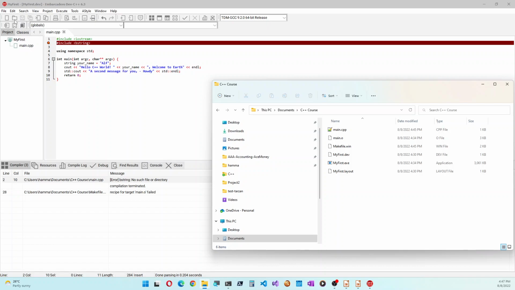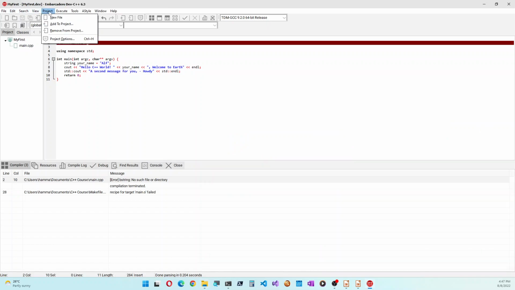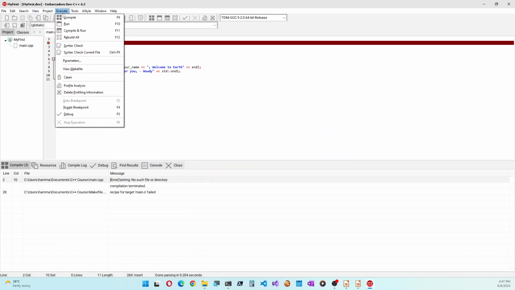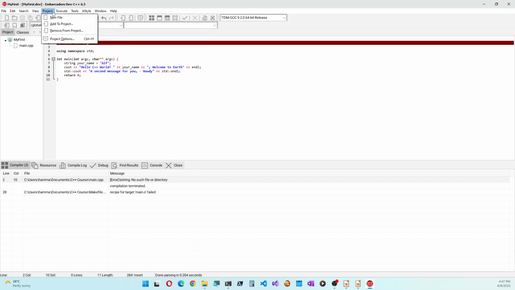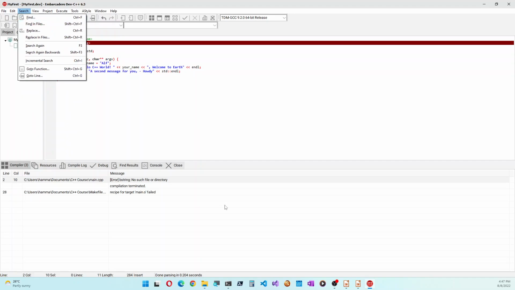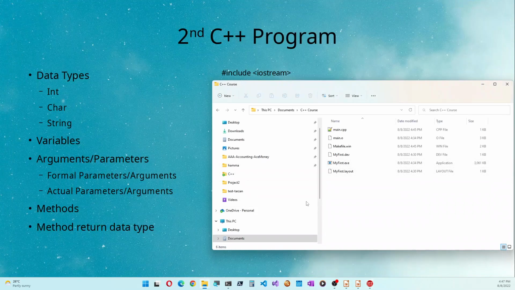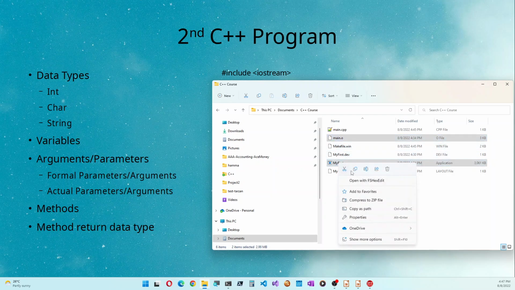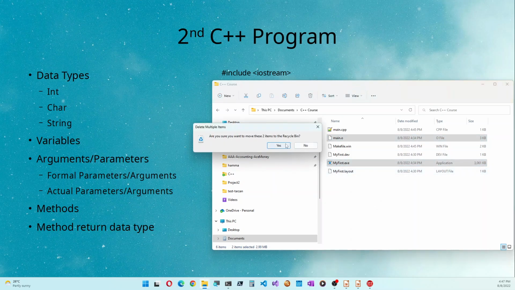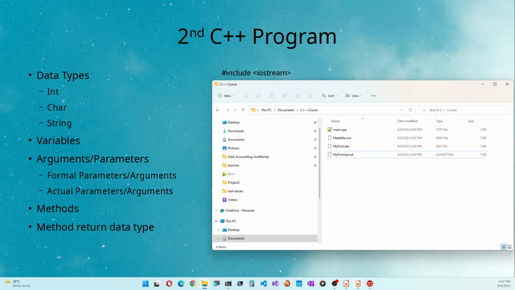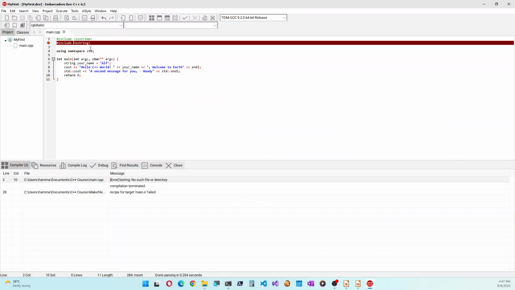So let's see if we can clean it. No, I guess not. That's a feature in Visual Studio, not in Dev C++. So we can simply delete them here. Let's delete them here. Yeah. And go back in Dev C++ and try compiling again.